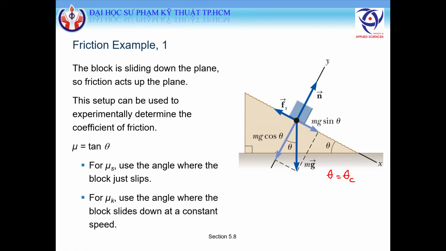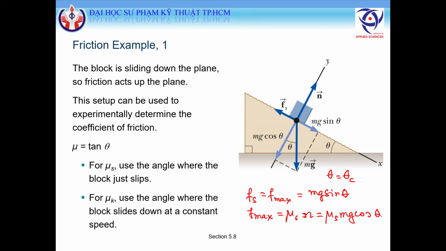Then we have here the component of the mg is mg cosine theta. The component along the incline is mg sine theta. And because fs now is the maximum value, it is equal to mg sine theta. And the maximum value of the static friction is equal to mu s multiplied with n. So n here is mg